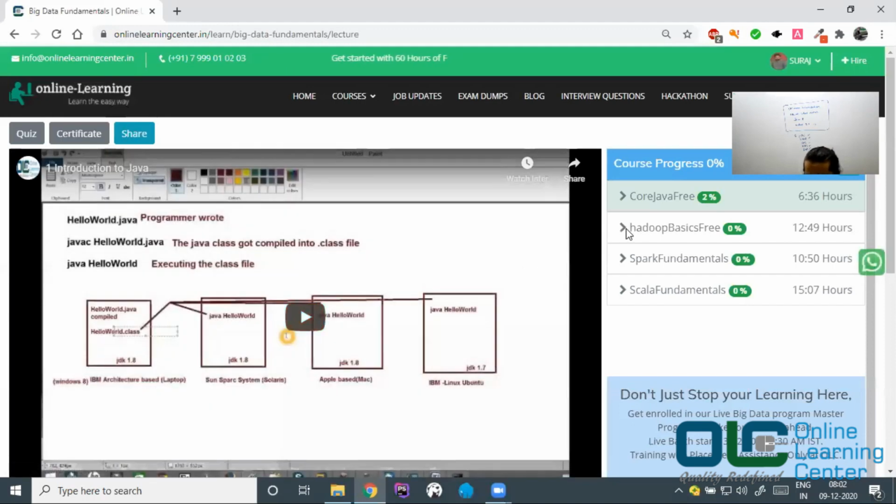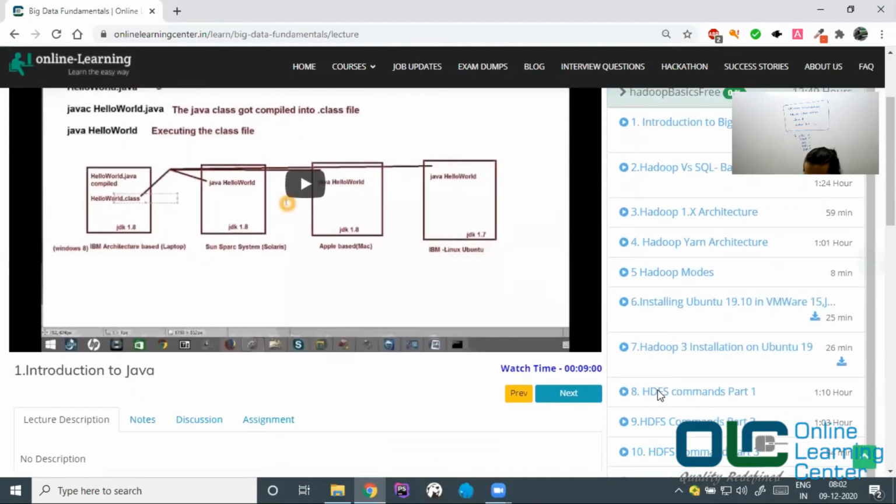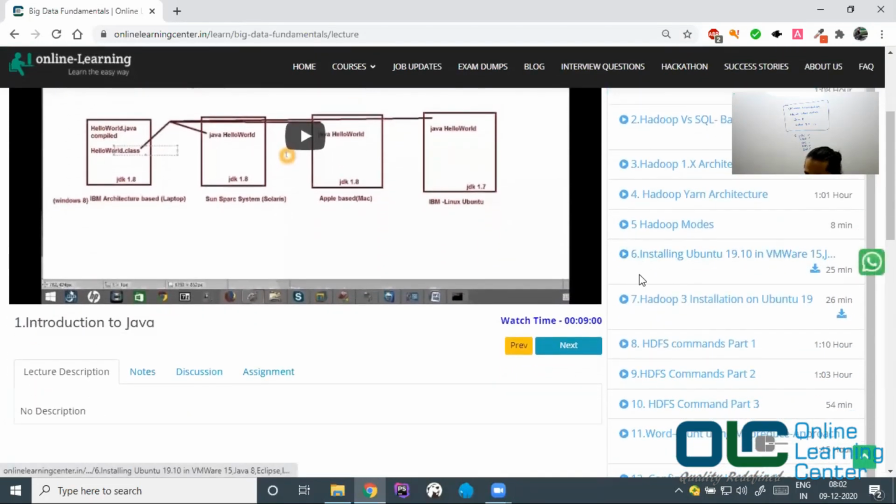right? And if you go to this Hadoop free basics, if I go a little down, you will see chapter number 6 and chapter number 7. Chapter number 6 talks about how to install Ubuntu 19.10 in VMware 15, and how to install Hadoop 3 in Ubuntu 19. These are videos of hardly 25 to 26 minutes possibly. So just go through these videos. This video will help you to complete the setup, and once your setup is ready, you will have your system